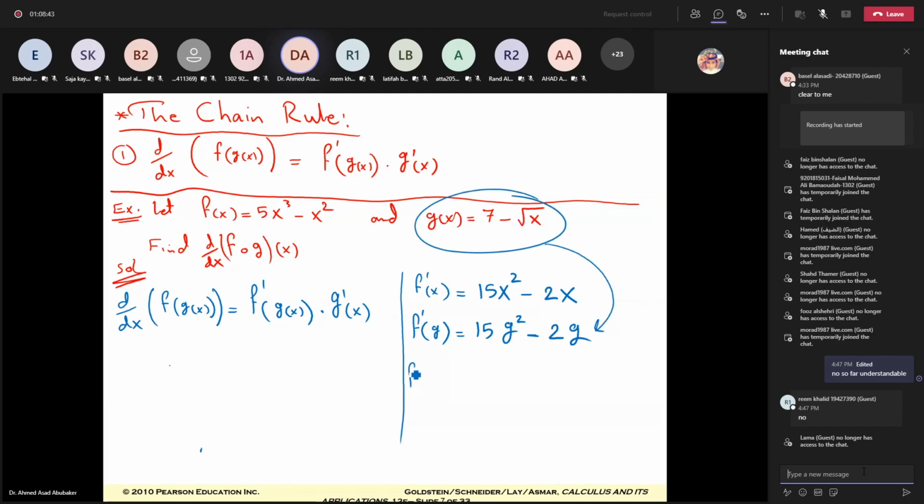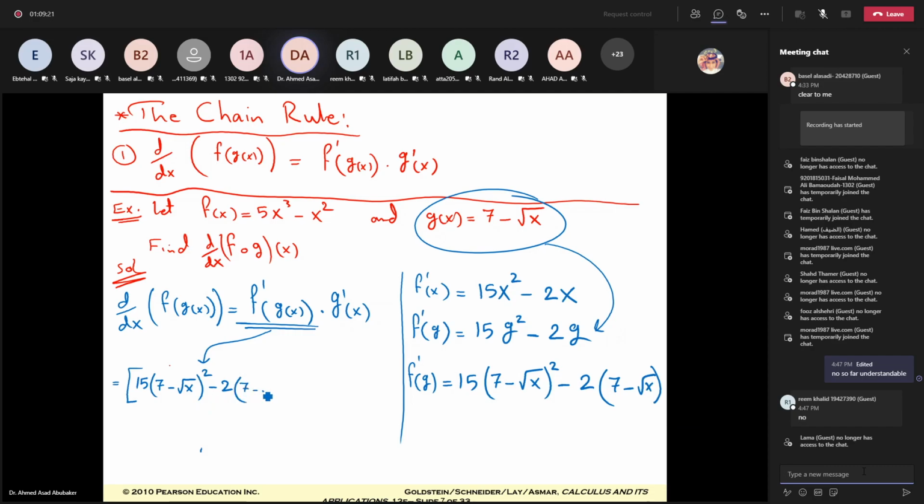Substitute here for g: 15 multiplied by (7 minus radical x) squared minus 2 times (7 minus radical x). This equals 15 times (7 minus radical x) squared minus 2 times (7 minus radical x),